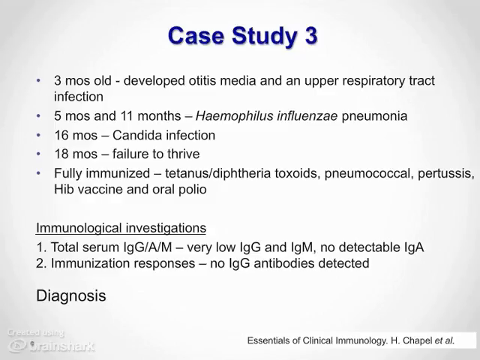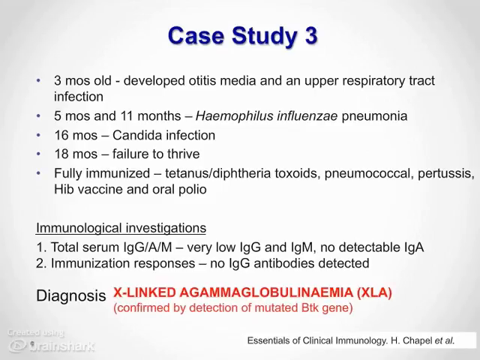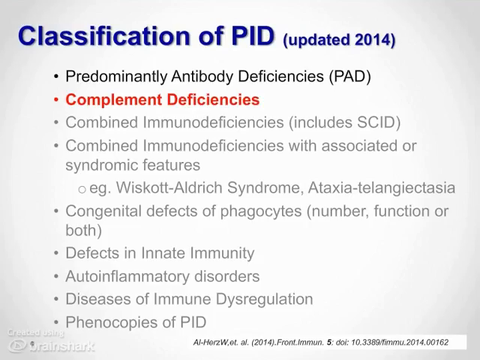The lab tests included serum IgG, A, and M, with very low IgG and M found, and no detectable IgA. For the vaccine responses, no IgG antibodies were detected. The diagnosis was X-linked agammaglobulinemia, or XLA, which was confirmed by the detection of the mutated BTK gene. So we have described predominantly antibody deficiencies and seen 3 examples of patients with PID due to dysgammaglobulinemia and poor vaccine responses. Now we are going to look at